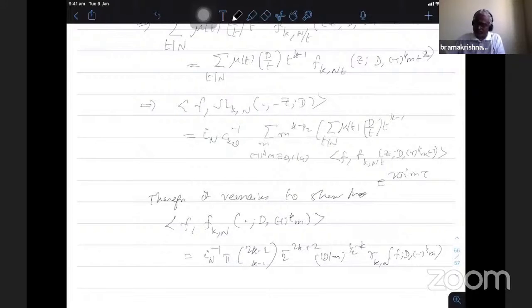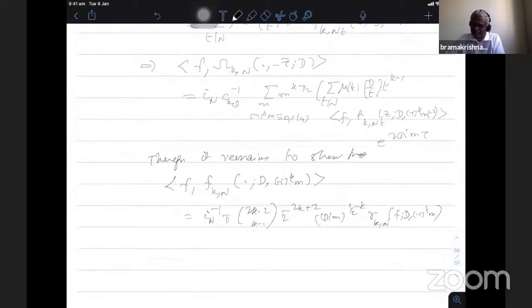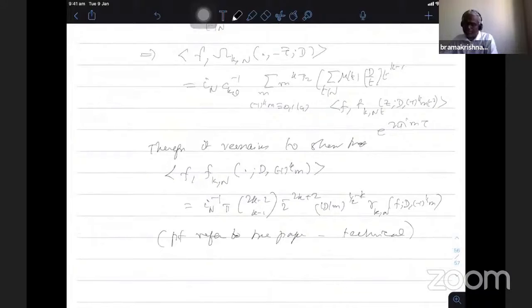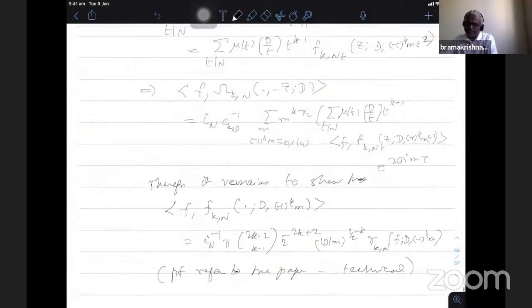Again the proof is done; one can check the paper. It is too technical, so I don't want to show the proof. Refer to the paper. It's not difficult, but it is too technical. Once I prove this one, I can plug in there, and therefore I get the theorem.